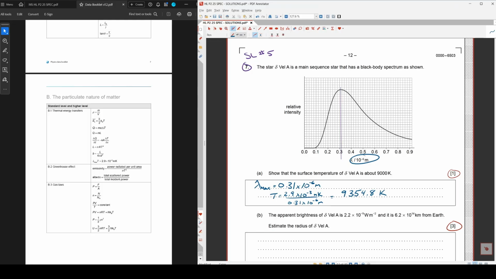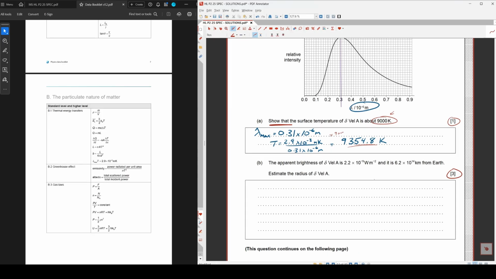I got something like this. I'm going to not round this because it's a show that question. And a show that question means I need to show at least one more sig fig than in the value they give me. So I can't really just say, yeah, equals 9,000. You want to show at least, this is like 9350 or 9400 or something like that. All right, so always in a show that problem, ignore the sig figs. You're showing your exact answer to show that it's about 9,000. And this is about 9,000 if I round it to that place value. Okay,